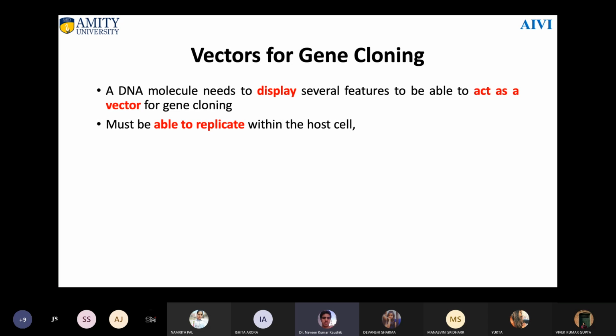So then that is not going to help you anyway, because only the one molecule that you have added to the cell remains. And not just that, when the cell dies, the DNA also dies. It also gets degraded. So that means your cells are replicated, and with the replication of your cell, your DNA molecule, your plasmid that you are talking about, your vector, will also replicate. So it must be able to replicate within the